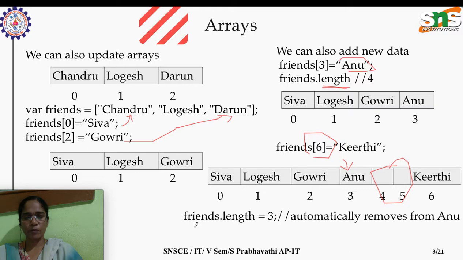And see here one more important concept, you can shrink the array to this length. So see here, friends dot length is equal to 3. It means this friends array will hold only 3 items. So 1 2 3, 3 items, and the items from the third position to the end will be discarded automatically. Okay, so these are all new things in arrays when compared to the knowledge which we gained in programming languages. So you have to make a note of those differences. Okay, that will make you clear on handling arrays in JavaScript.